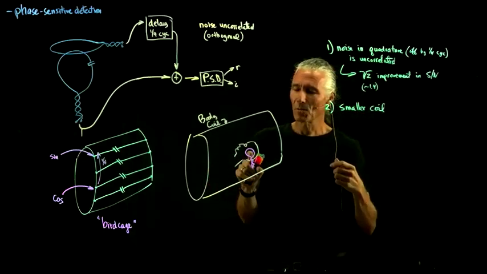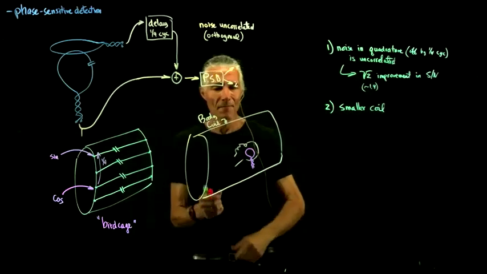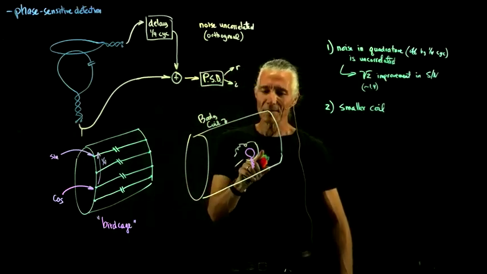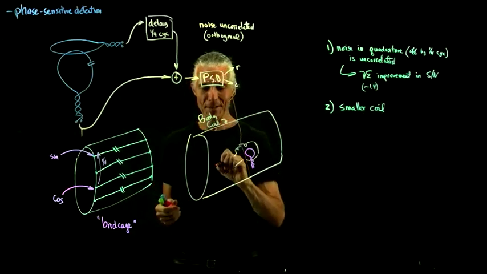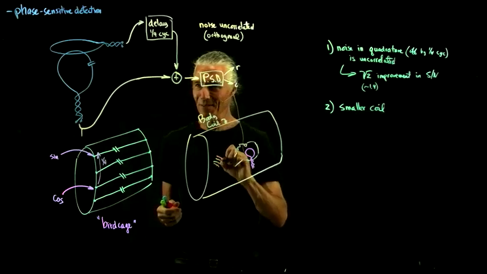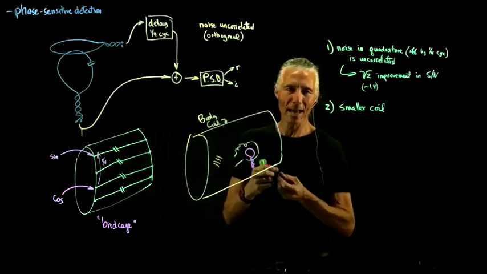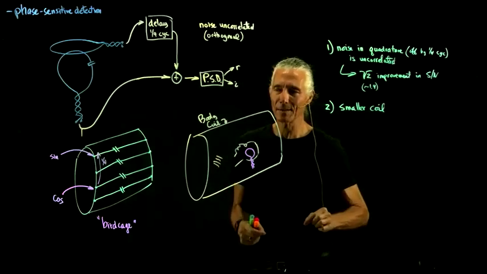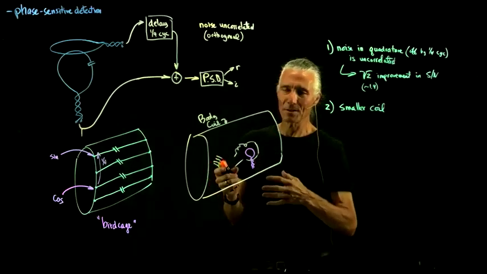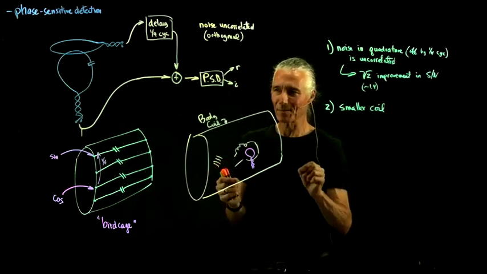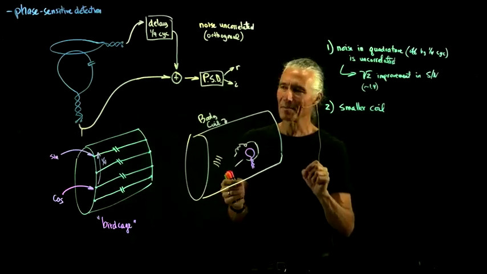So why is a small coil better? The small coil is better because it has more trouble picking up noise from other parts of your body. So there's the stomach again, and the stomach is making radio waves down here. The body coil is going to pick up those radio waves from the stomach, just from all the rest of the atoms in your body that are wiggling and generating little radio waves. As long as you're not at absolute zero, all your atoms are massively wiggling back and forth at many hundreds of miles an hour. And so